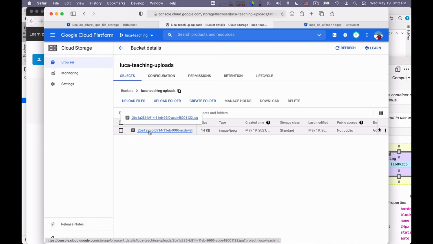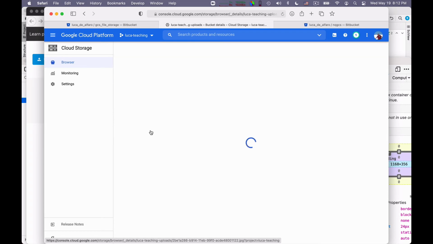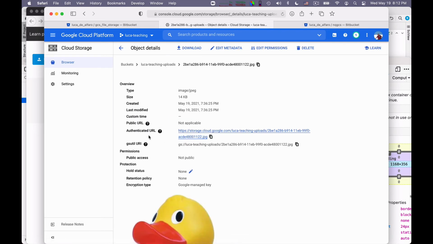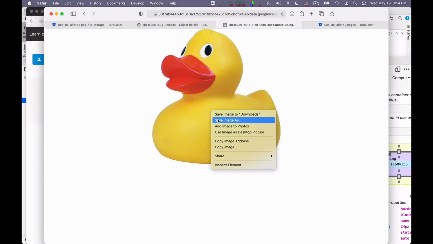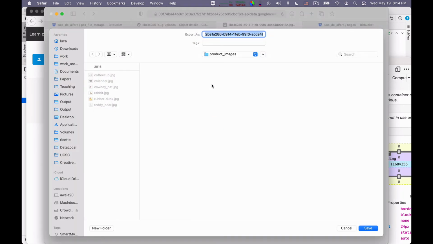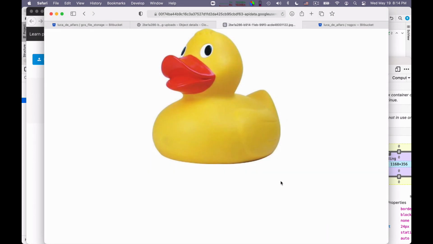Now the problem is this: if I wanted to download it, for example, I can click here and then say save image, and the image is given a random name, and that I don't want. It turns out the difficulty is one of the silliest.